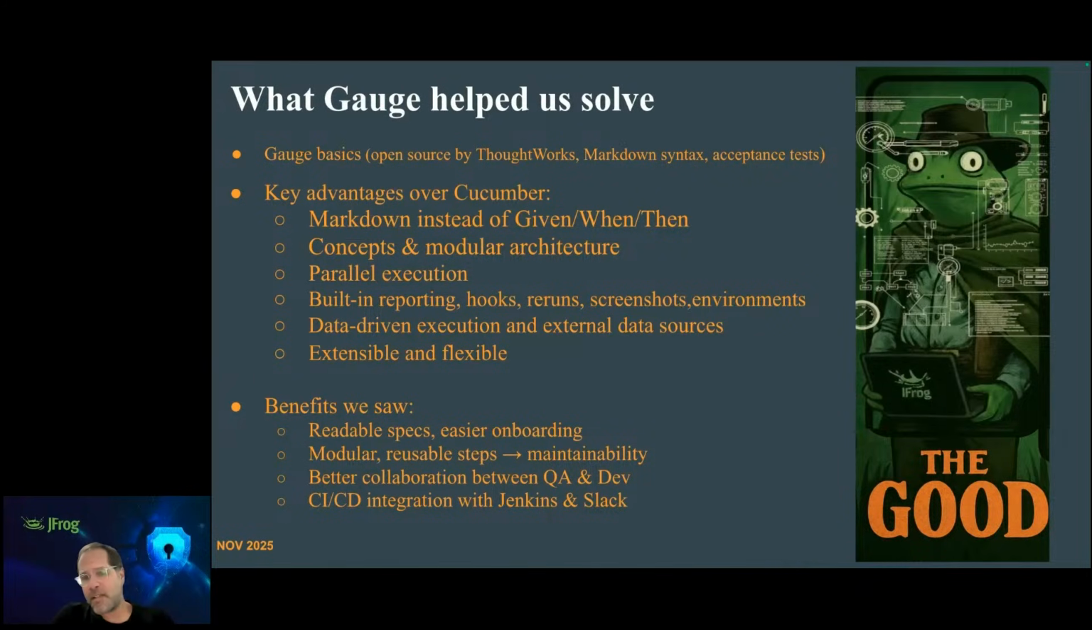And fourth is the built-in tooling that actually works. Reports, hooks, reruns, environment configs, no more hunting for random community plugins and praying. Everything just worked out of the box. And speaking of hooks, Gauge gives you all the classic lifecycle hooks like before spec, after spec, etc. So instead of hiding setup logic in your test like it's a secret ingredient,